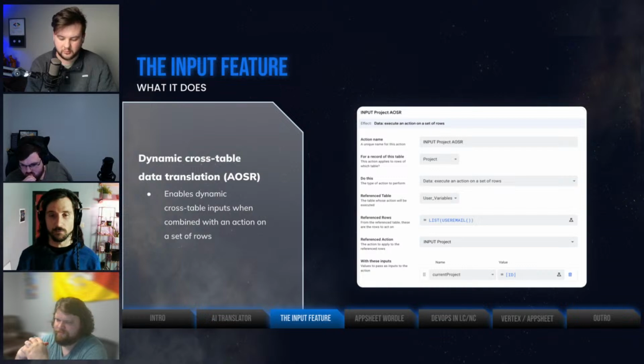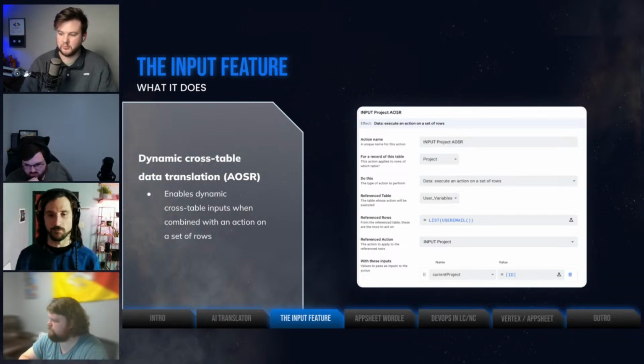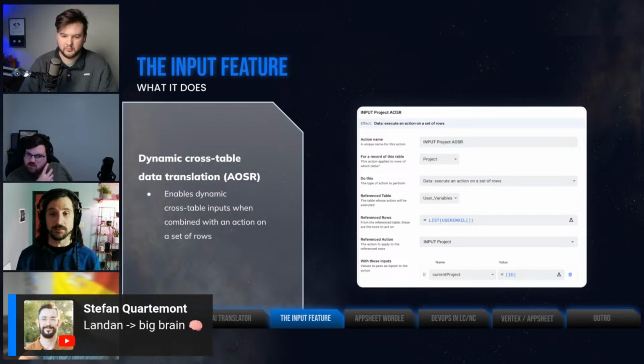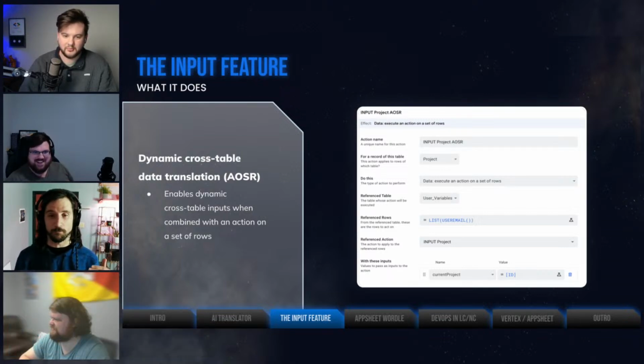The action that we're going to trigger is our input project action. Whenever we apply this, and it is using this input feature, it's going to have an additional pop-up that happens below that in a different section that says